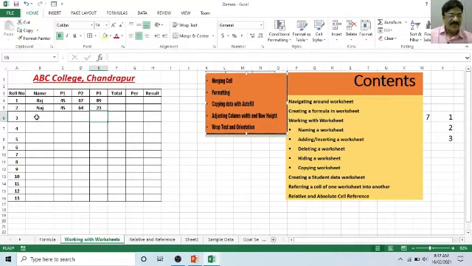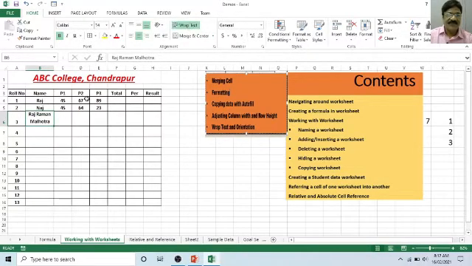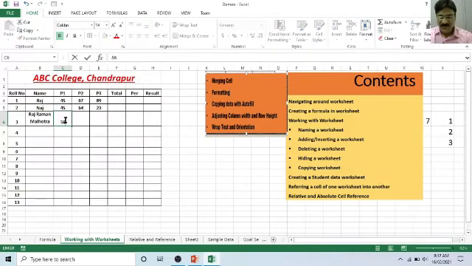Next, suppose there is one more student, say Raj Raman Malhotra. Observe that it is not possible to put this entire value within the cell. In that case, simply click on Wrap Text. Okay. Now again, the values.